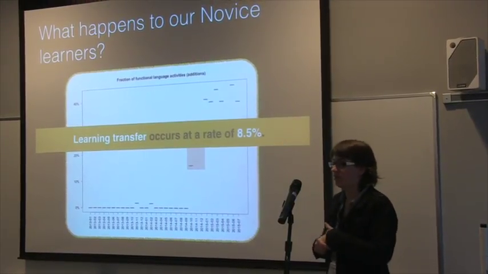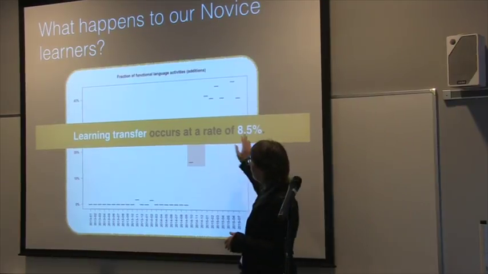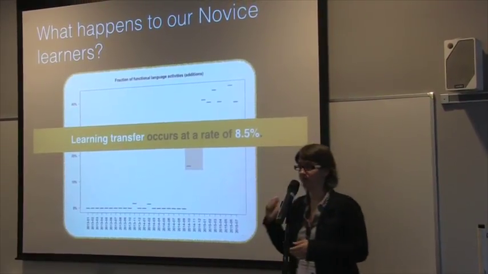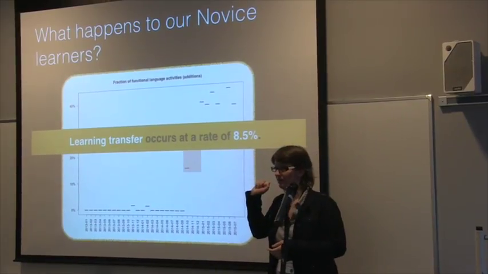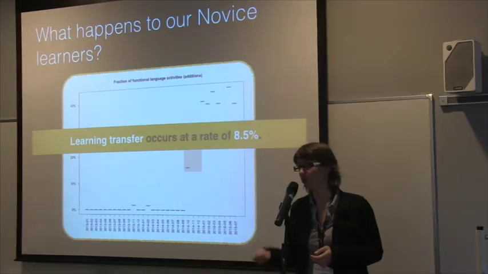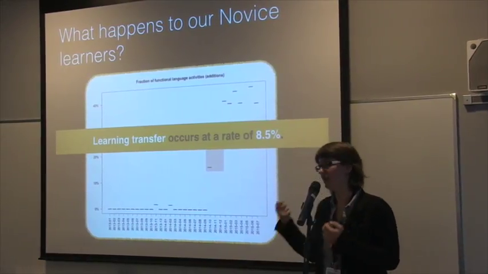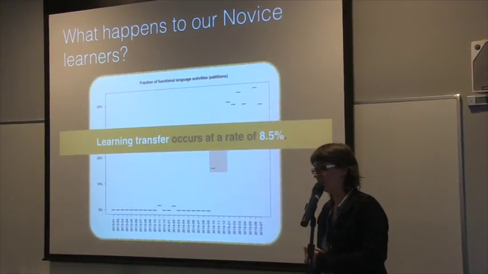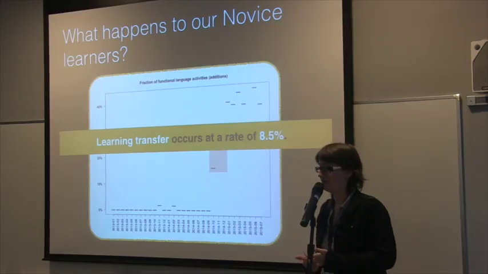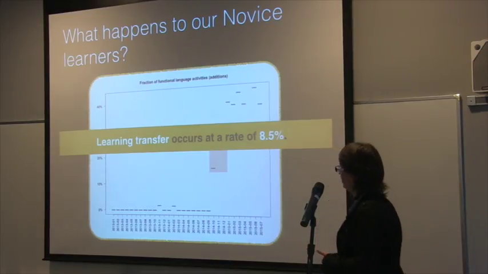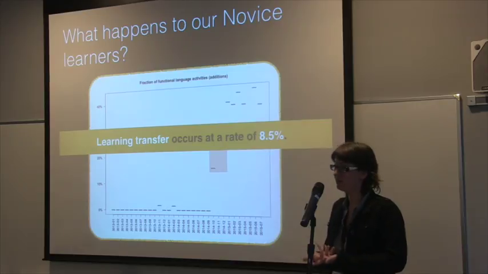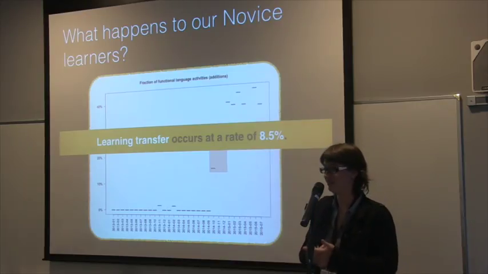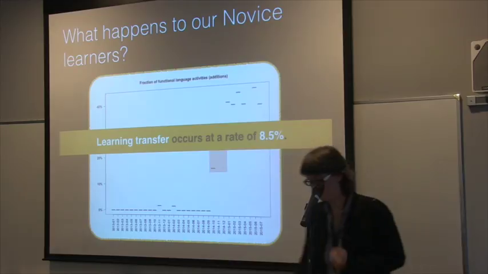So learning transfer occurs. Now, this graph looks nice, but I only looked at those that started functionally programming afterwards at all, which is 8.5% of the learners we had. So for 8.5% of people who took the course, engaged with it, and actually tried to pass it, we found that they transferred, which is a very low rate. In total, we had about 300 students out of the 37,000 that registered where we could observe transfer. And 300 students is something I can also get in a classroom setting, right? So that was a bit disappointing and quite an eye-opener, actually.